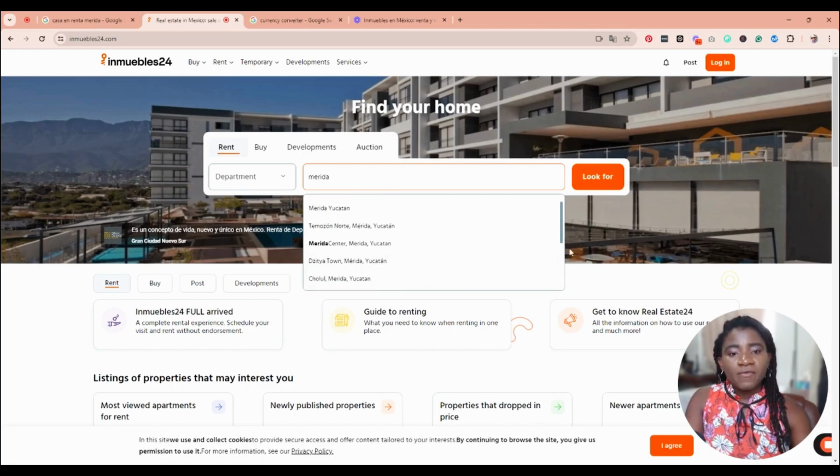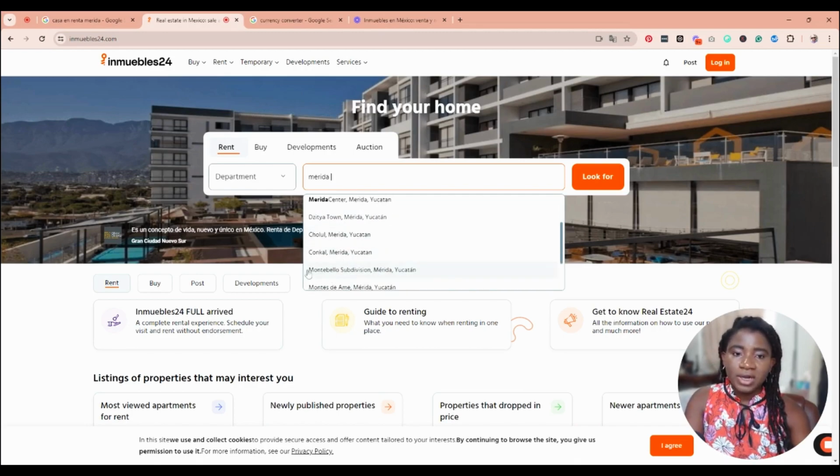If you've never been to Merida, you're just doing some research to see how much things cost, how much rent is, then you probably would have no idea about all these places. Temozón Norte, Merida Center, that's downtown Merida, Zitia, it's in the northwest of Merida, Chuburná, northeast of Merida, Conkal, northeast of Merida, Montebello, northeast,